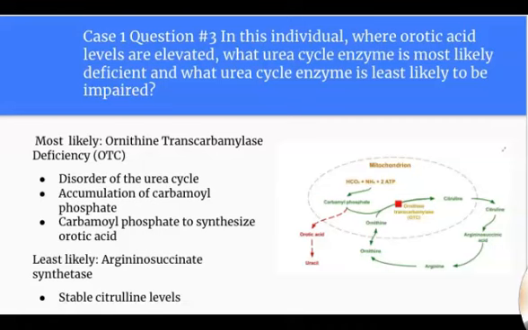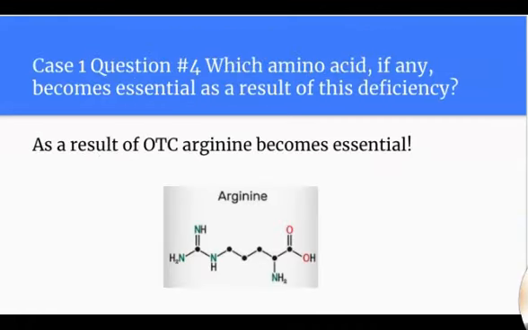Question 4 asks, which amino acid, if any, becomes essential as a result of this deficiency? In this case, the patient does have an OTC deficiency. The amino acid arginine will become essential. In the urea cycle, arginine is normally synthesized and required for protein synthesis and plays a role as a precursor for nitric oxide and varying metabolic processes. Moving on to